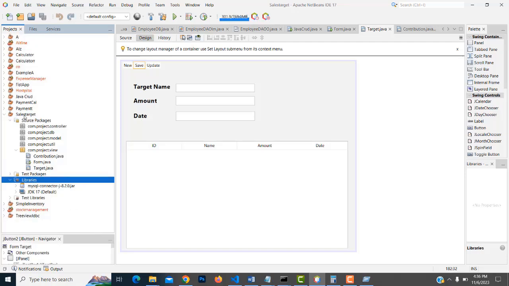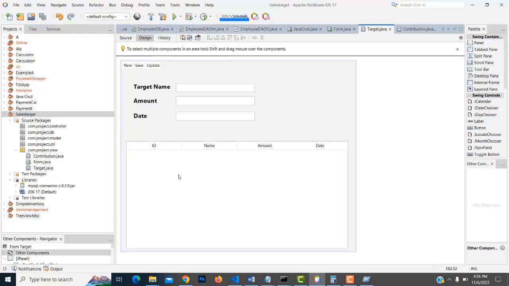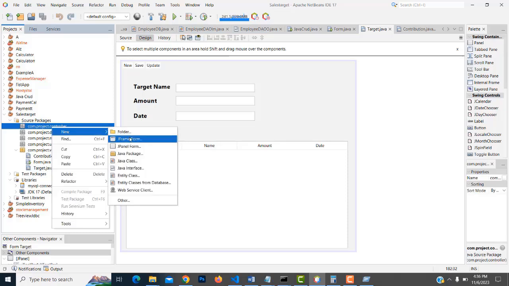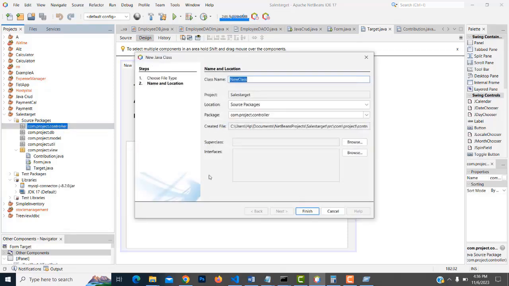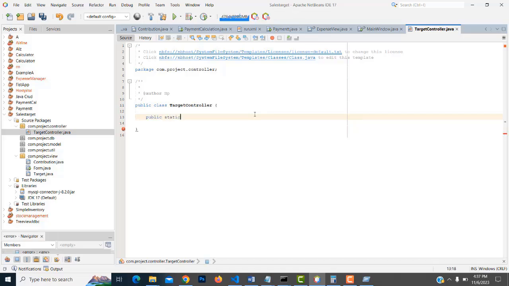Right now your file is there, so it's perfect. That's the thing you have to do. Now, after that, I'm going to go to the controller file. This controller I'm going to make as a class, which is a target controller. In this controller class, we have to make this method static: public static boolean